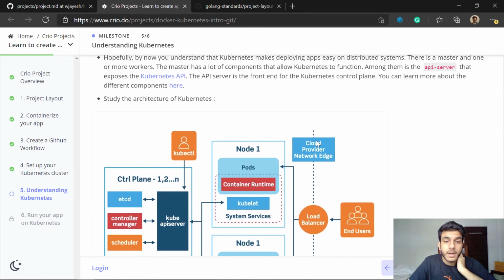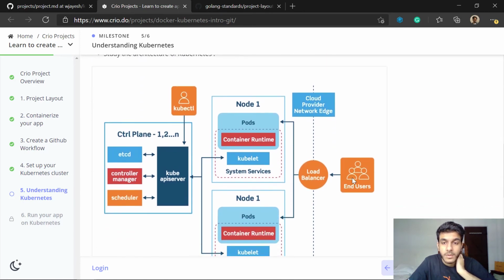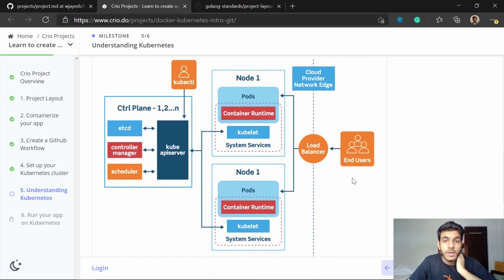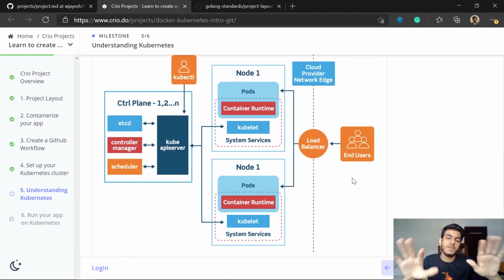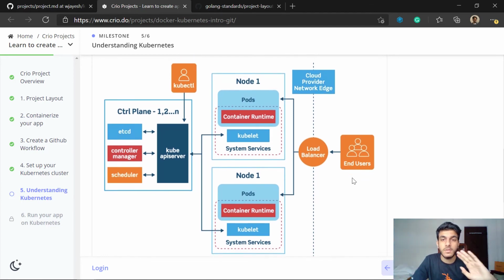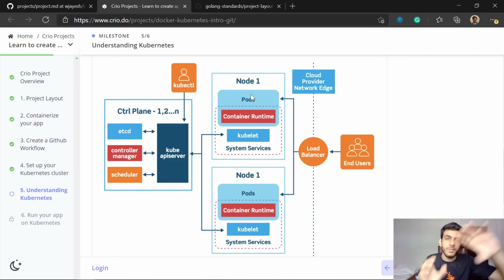Apart from that, there is this diagram which I want to talk about. It's a rough architecture of what Kubernetes is. It does not cover all the parts, but is sufficient to get you started. The nodes are the different computers. So node 1 is a computer, and this should be node 2. These are different computers, maybe in different regions or zones. This part is called the control plane, which controls all of your deployments.